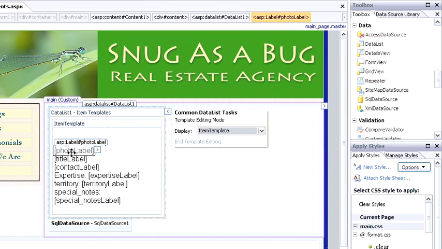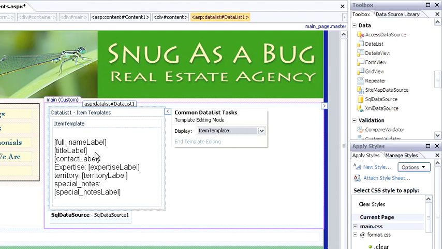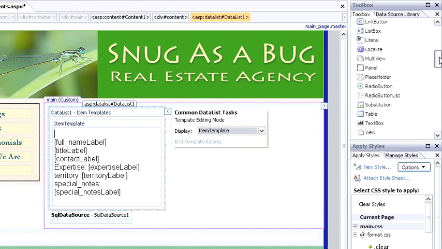To do that, we'll select the photo label and delete it. And I can delete this extra space. Now I'm going to place my cursor up here where I want the image to appear, and I need to bring in the image control. If I scroll up a little bit,